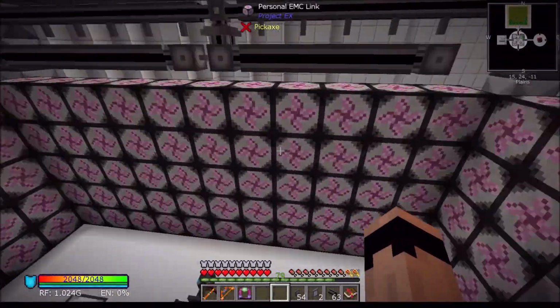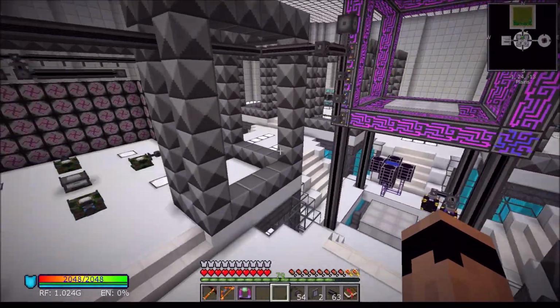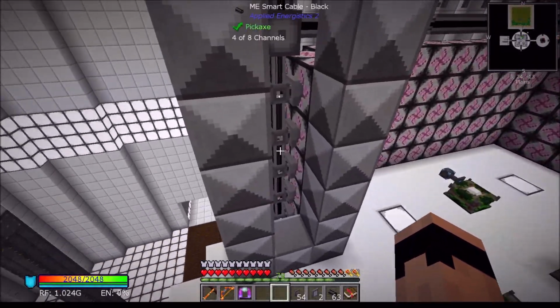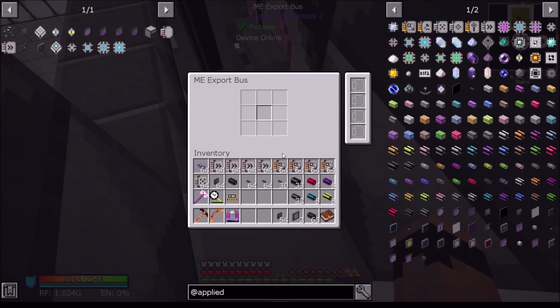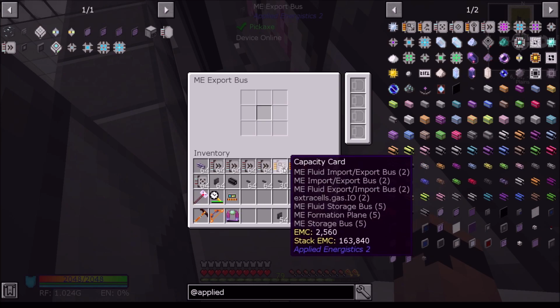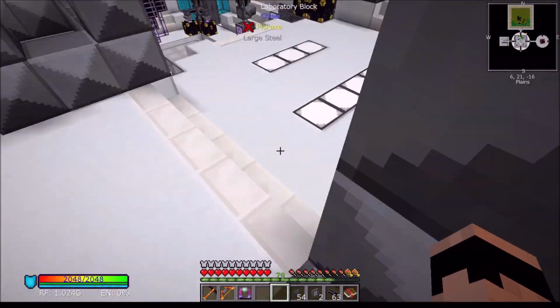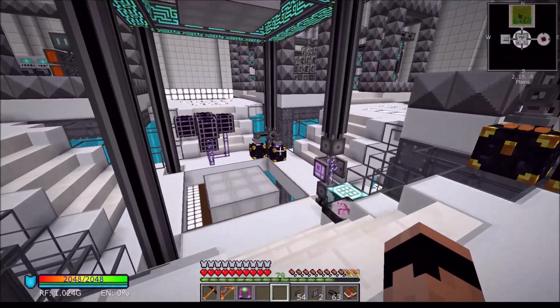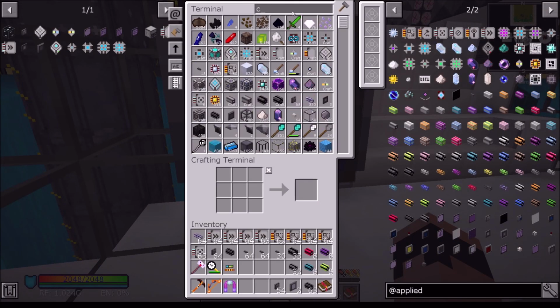of these, except for these 10, are now connected to the ME system. Now what I'm doing with this, you saw I put export buses on all of these, okay? So what I'm going to do is, like for this one, I'm going to do 2 expansions, a fuzzy, and an acceleration. Now the reason I'm doing a fuzzy card, all right, let me come over here and let's just